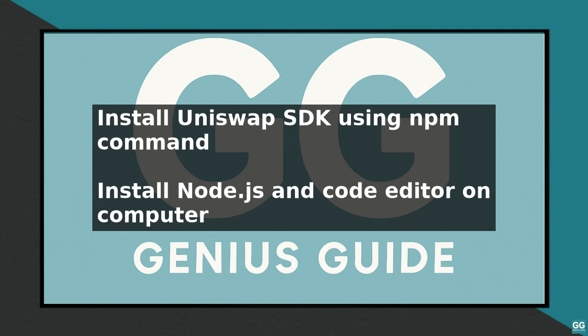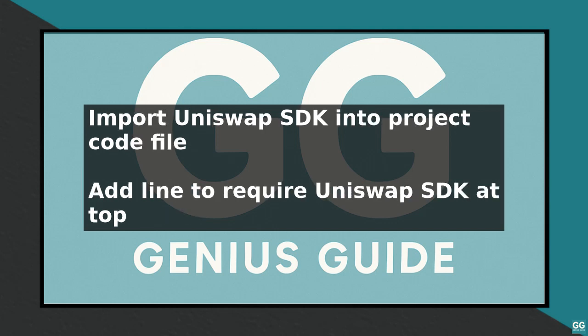First, you need to install the Uniswap SDK using npm by running the command npm install Uniswap SDK. This will download and install the necessary dependencies for the SDK. Next, you need to import the Uniswap SDK into your project. You can do this by adding the line const uniswap = require('Uniswap SDK') to the top of your code